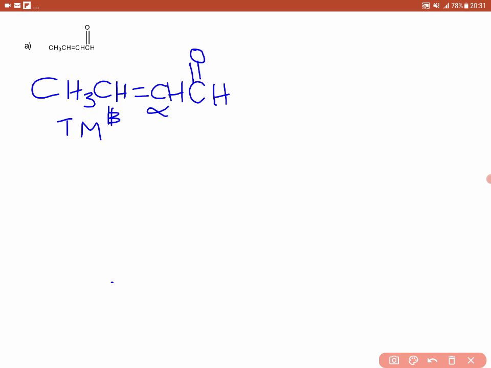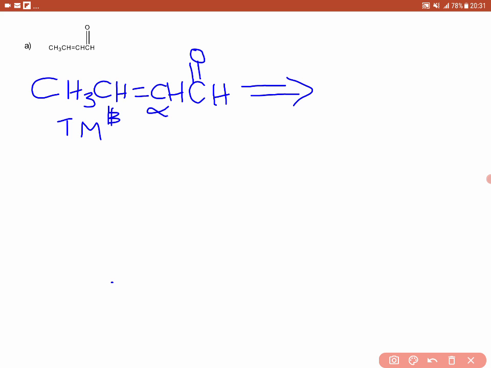So in this case, having seen that the molecule is an alpha beta unsaturated aldehyde, in the first step of the retrosynthetic analysis, we should be able to view the molecule to have come from a